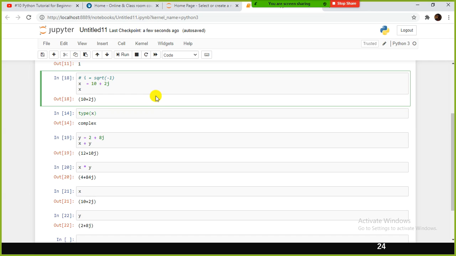Square root of minus 1 will give some value, and when you multiply square root of minus 1 into square root of minus 1, that time it will give you the minus 1 value. So that is how it gets multiplied. It becomes i squared, so the value becomes minus 1.